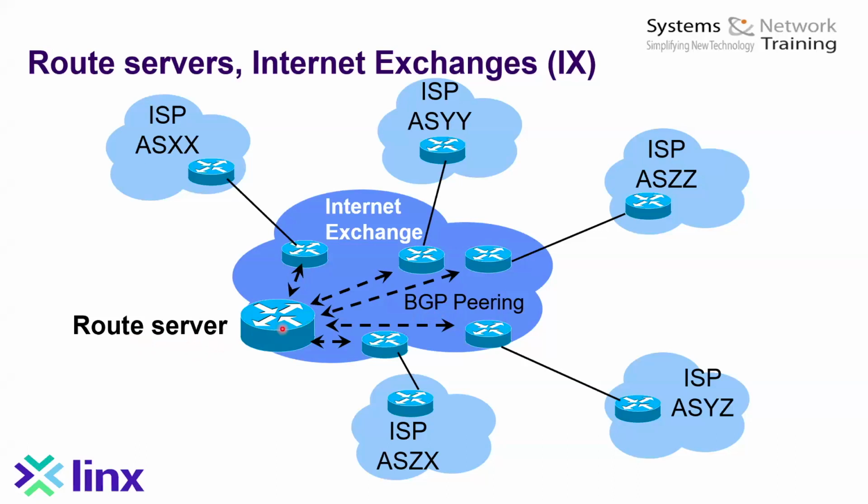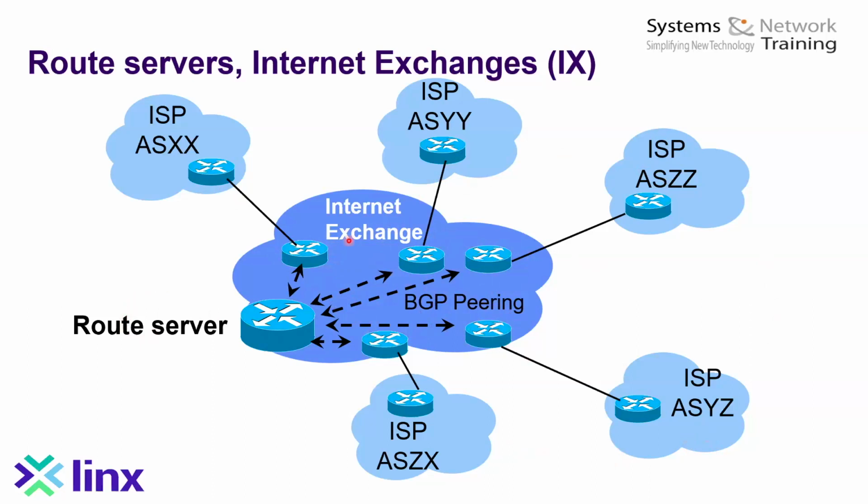So a route server is like a BGP router. It exists in its own autonomous system, and it acts as a central point for BGP peering. So now, let's take the example here of AS XX and the router there. If it wants to peer with these other 4 ASs, then I have to have a peering session here, here, here, and here. And then if AS YZ wants to peer with these other 4 ASs, similarly, they have to peer here, here, here, and here. So that's where this high number of peering sessions comes from.